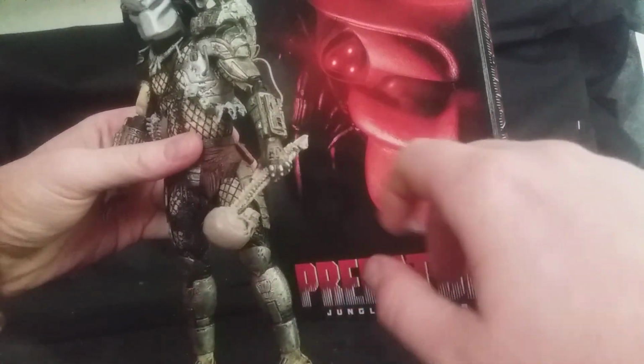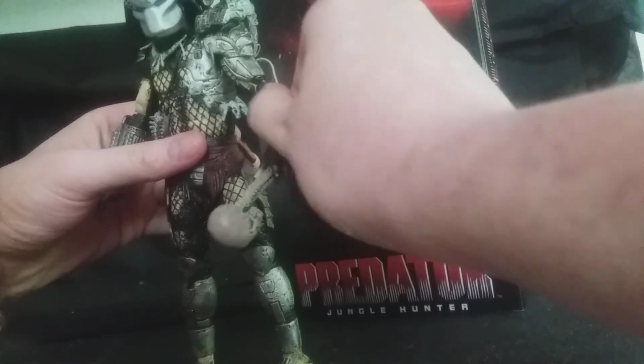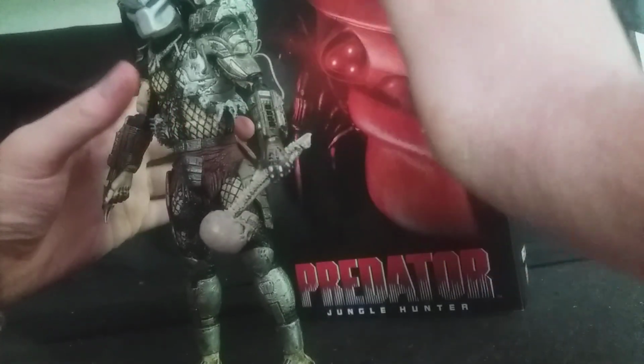And there's also an extra bit of articulation. You can see this panel is open here slightly. You can open the wrist computer. Mine's a bit stuck. Got to be really gentle with it. I think why mine's a bit fragile is because it's been...